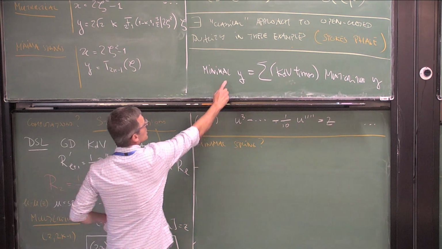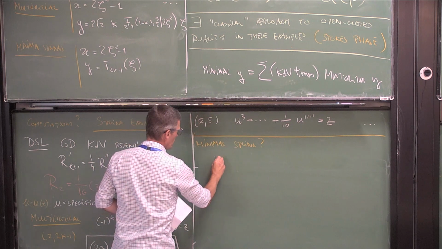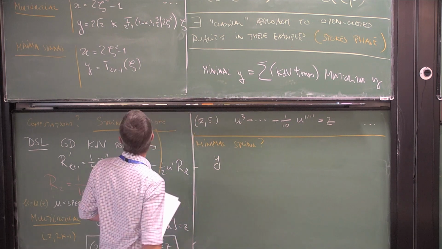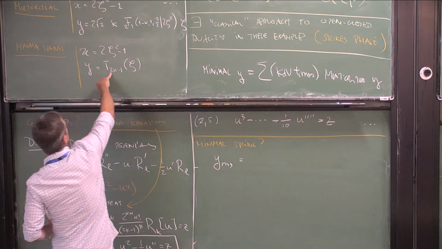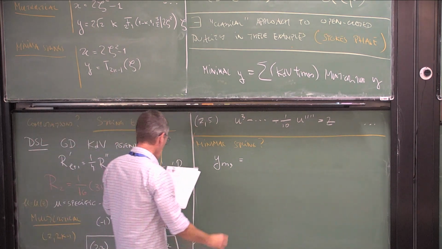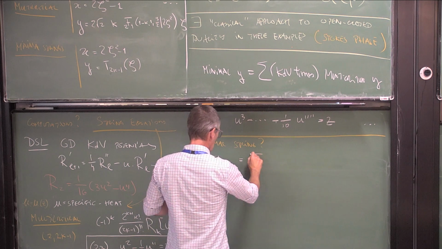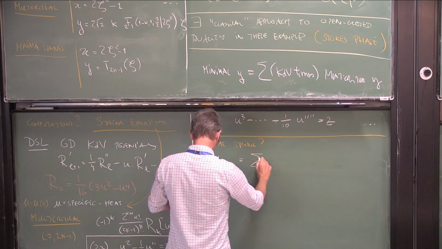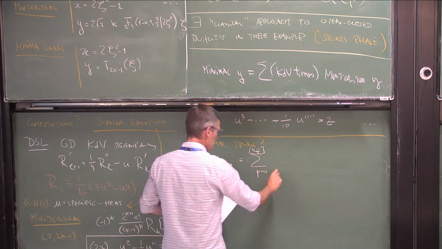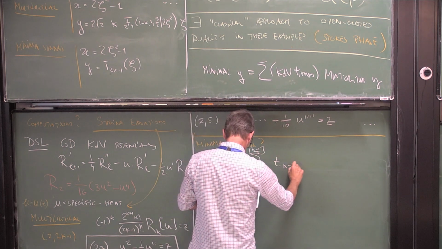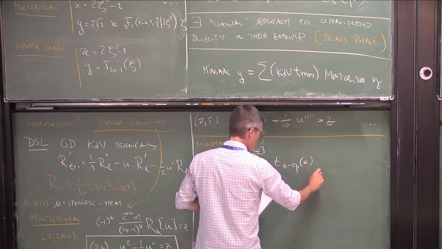This equation here, the curve of the minimal string, which is this Chebyshev polynomial, can be written as a sum. I'm just putting in slightly more formula what I wrote above in words,